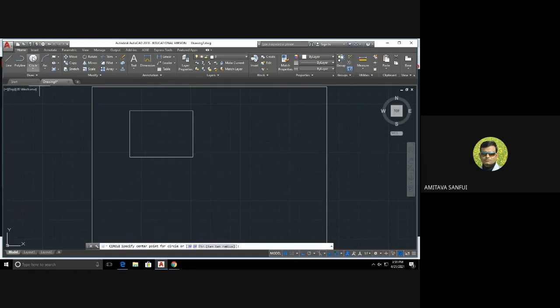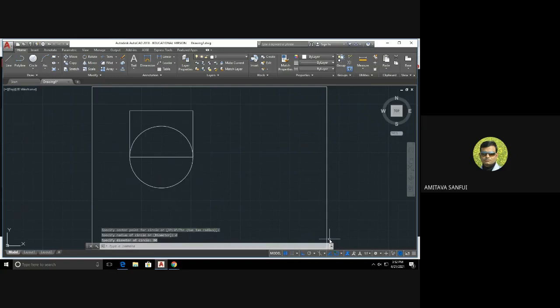Again, I am telling you the methods of drawing circles in different ways. Now see, this is specify the center point of the circle. I have specified the midpoint as the center point. Now if I have to enter the diameter, then see here in the brackets, the first letter is D. I have to write D, enter. Now I can enter the diameter of the circle. Let us say 80.